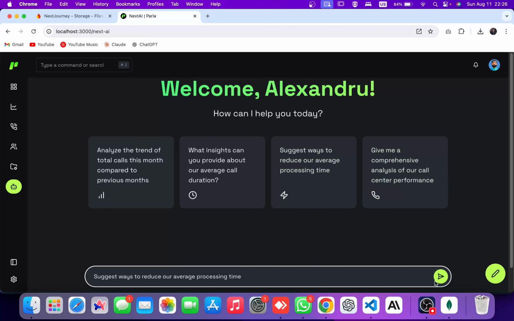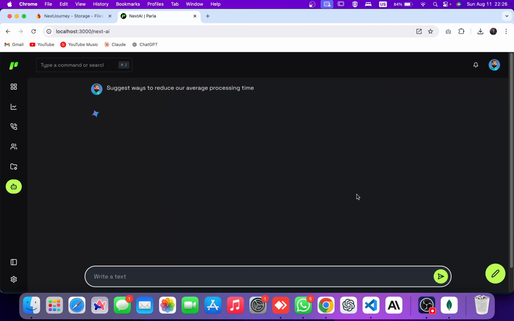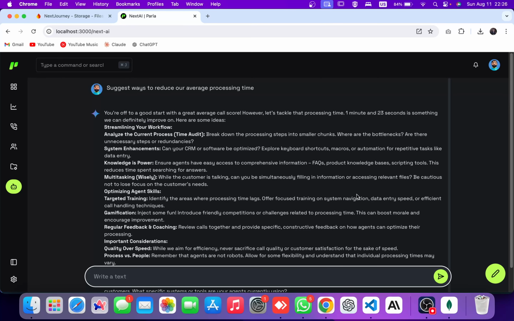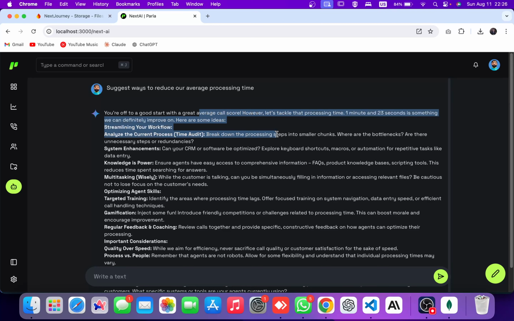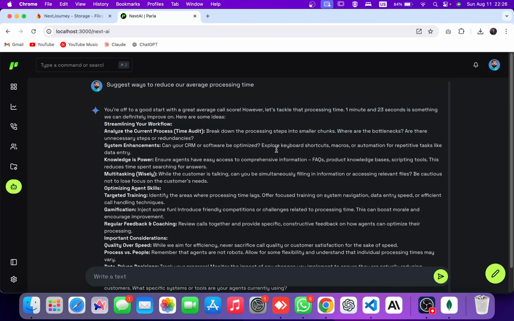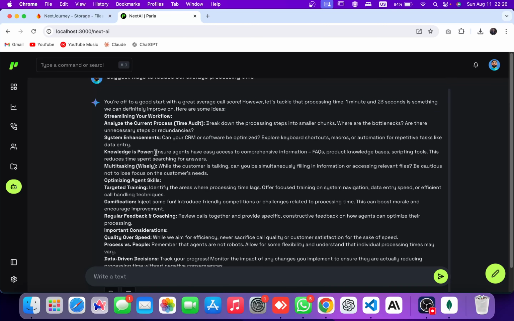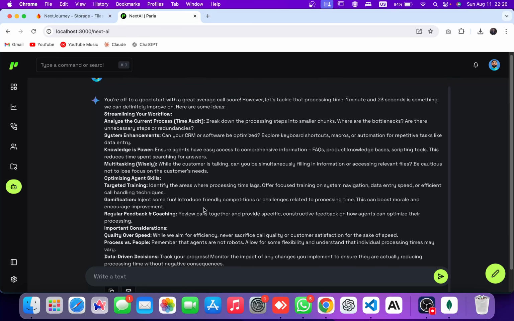Let's try this one and generate a response. Okay, so Gemini generated an answer